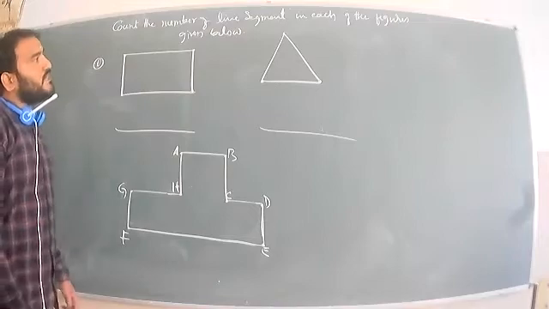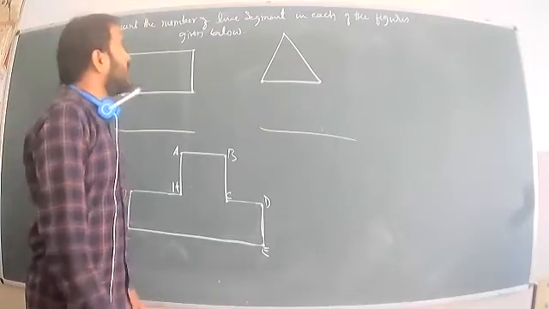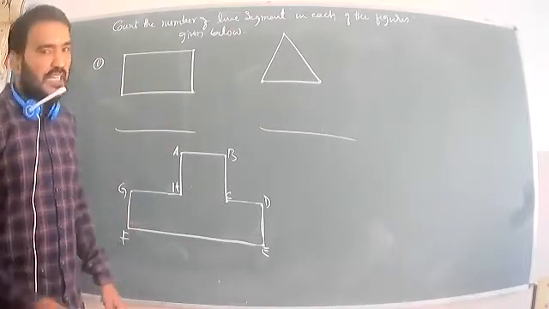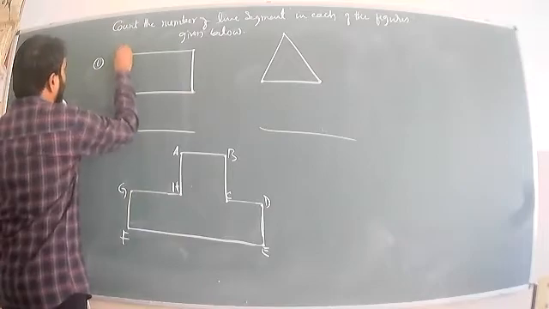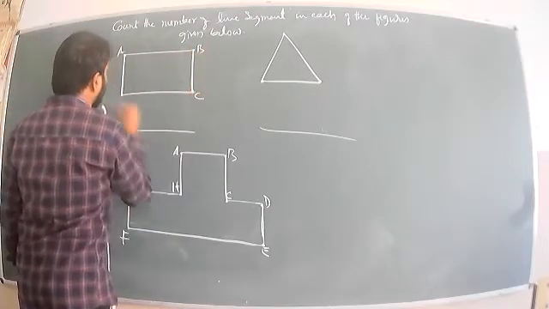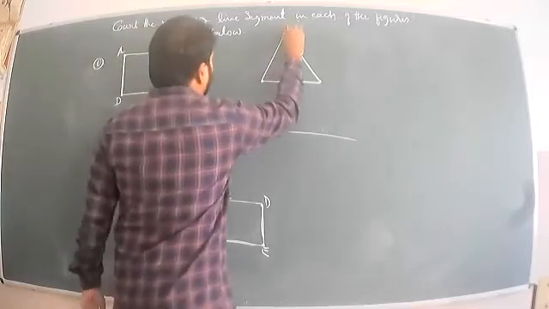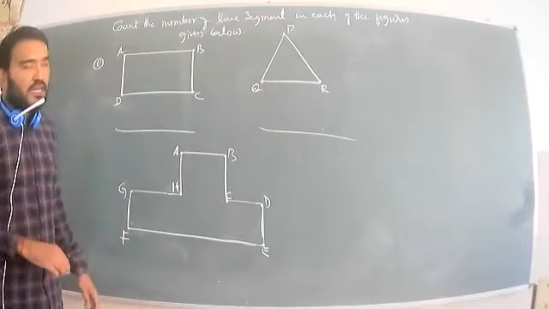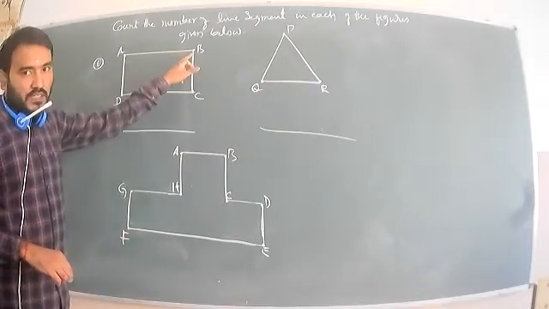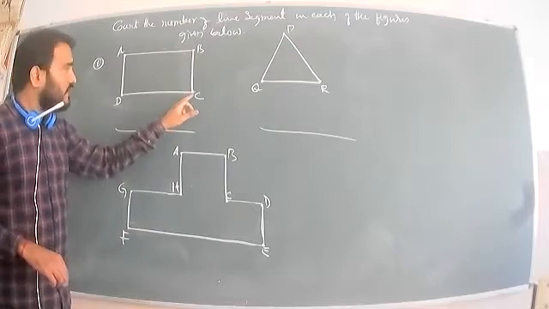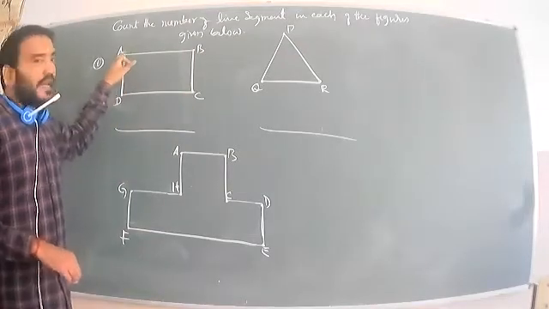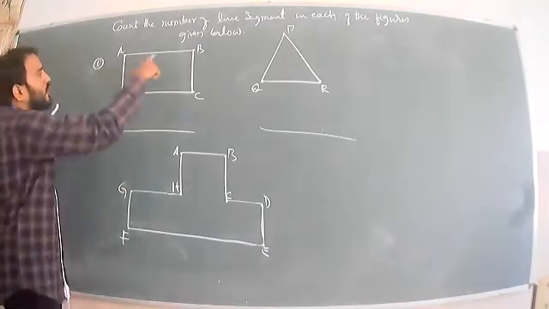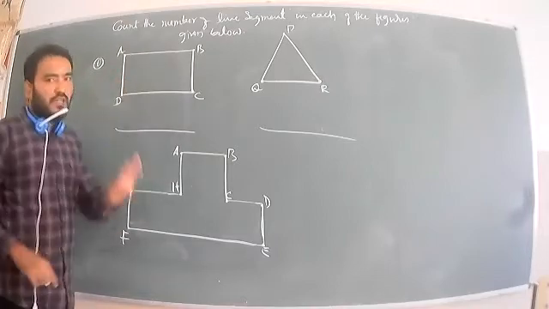Count the number of line segments in each of the following figures given below. How many line segments are there? We can express that. We can write A, B, C, D. Next P, Q, R. So we can count easily. AB, one line segment. Second one, BC. Next one, CD. Next one, AD. We write them in alphabetical order. One, two, three, four. So totally four line segments.